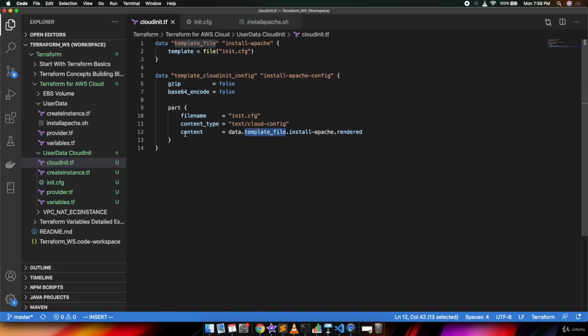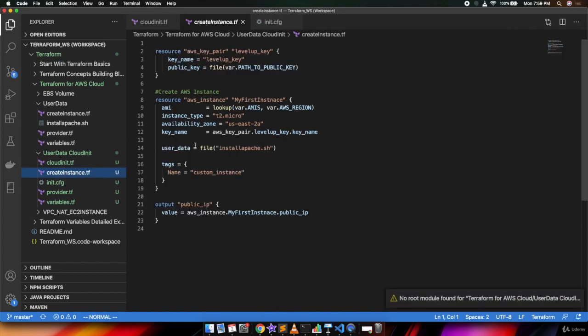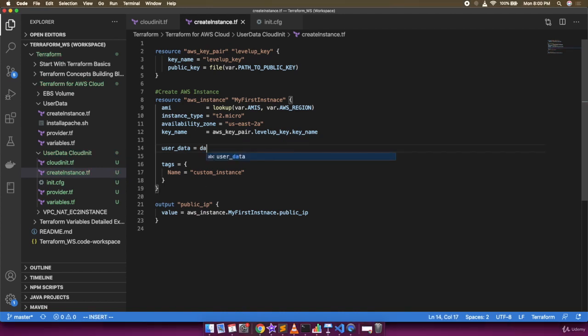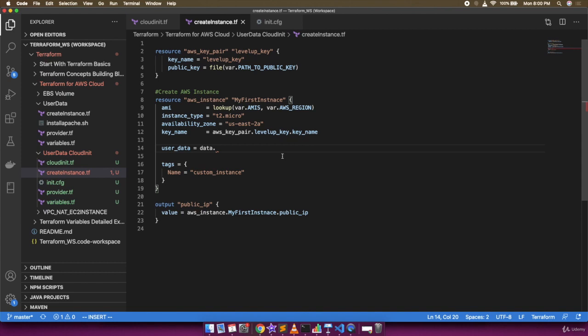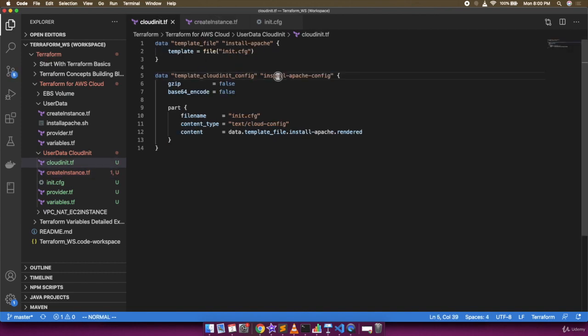As we are defining only one data, so I'm defining only one part over here. Let's save this. Go to the create instance.tf, and inside the user data, we need to remove this. I will remove this, and I will call it data dot. Then inside the cloud init.tf, we have taken template cloud init config. I will copy this, provide it over here, then I need to provide the name of this variable, which is install-apache-config